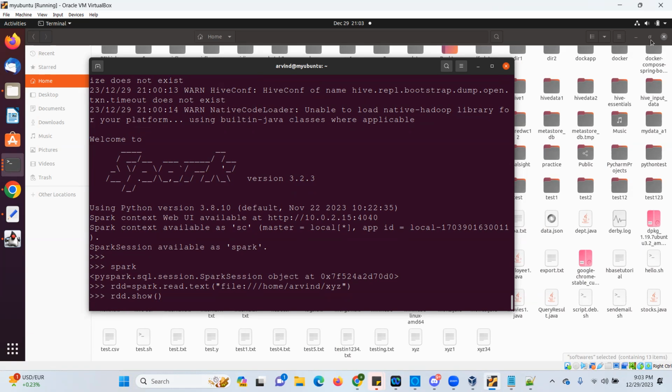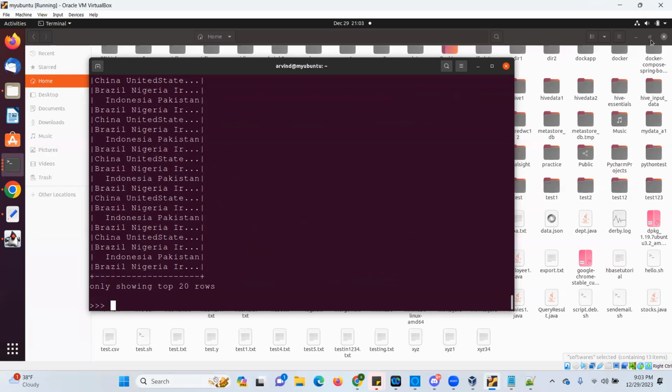Whenever you do spark.read.csv, spark.read.json, or spark.read.parquet, you get a data frame. This text file data, even though it is unstructured, I am reading as a data frame. It shows 20 lines by default. If I want to see the complete line, there is a property truncate equal to